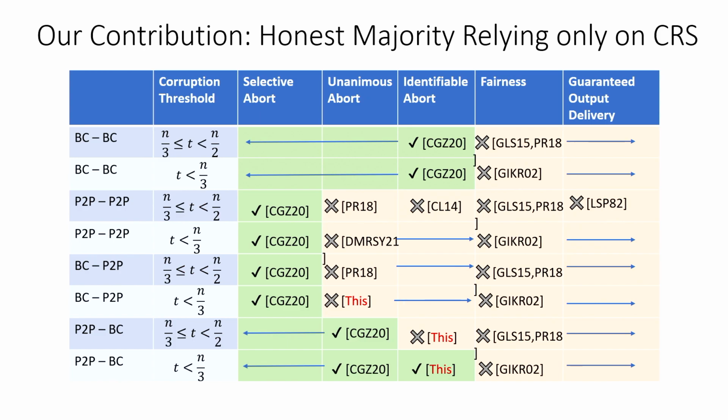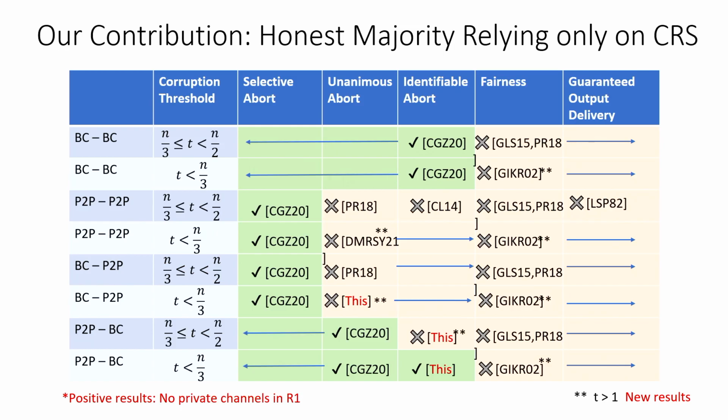Let me stress two other things in this table. Well, the first is that some of these impossibility results do not hold for the corner case when we have just one corruption, and I defer to the paper for this case, where the landscape changes a bit. Another important observation here is that all the positive results that we have do not assume private peer-to-peer channels in the first round, which means that the first round doesn't assume an encrypted peer-to-peer round.